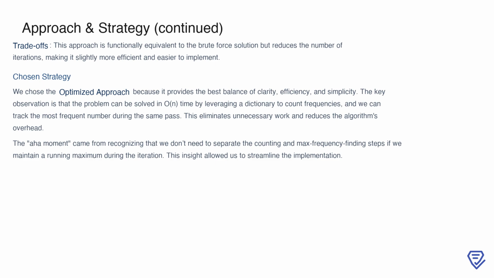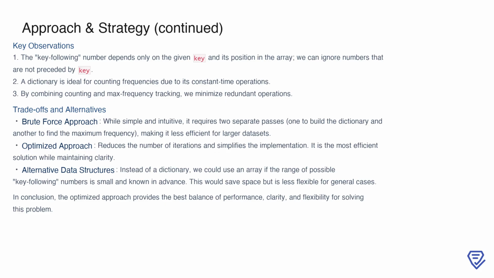This eliminates the need for additional passes, creating a more concise and elegant implementation. The solution to this problem relies on a few key observations. First, the only numbers that matter are those immediately following the given key, so we can ignore all other numbers in the array. Second, using a dictionary is an ideal choice for counting frequencies, as it allows for constant time operations. Finally, combining the steps of counting and max frequency tracking minimizes redundant computations, leading to an efficient and streamlined